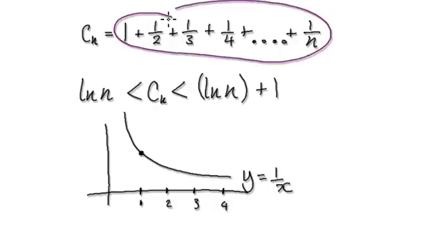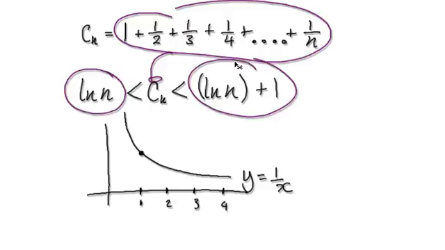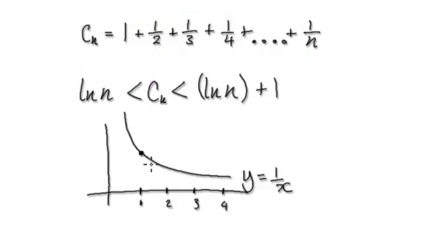If you try and sum up the series here, we don't know how to sum it up, but we know that it's always trapped between here and here, and we've seen this in the past. The way we did it, this is just me reminding you, you should already know this. If you look at y equals 1 over x, it will generate this graph. When 1 over 1, this height here will be 1. We deliberately create the width to be 1. So this area here would be 1. This rectangle here would represent this.